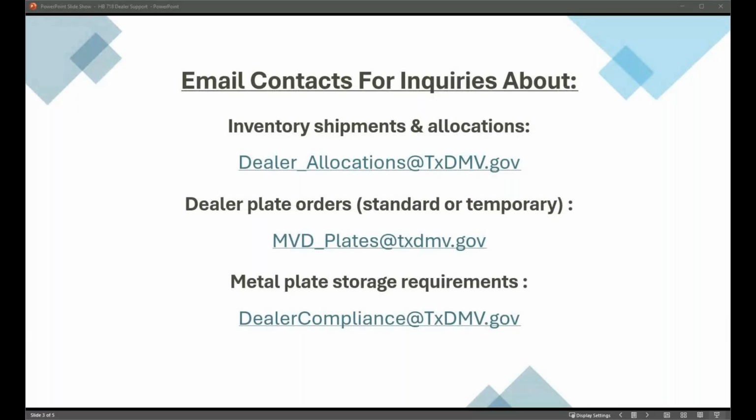In the event that customer needs that sticker, maybe that sticker got lost in the mail, you want to contact that county tax office on determining how that replacement sticker will be processed.